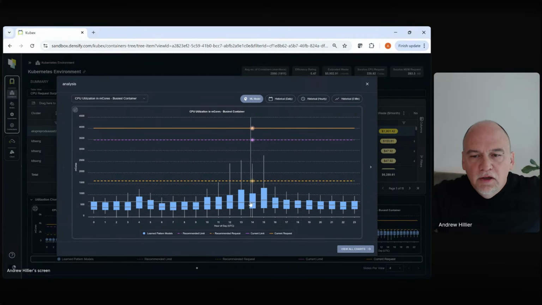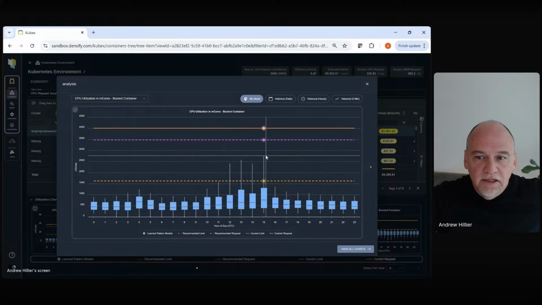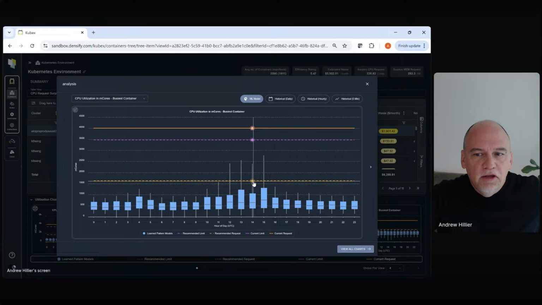And so the request, though, is for 4 CPUs. This is way oversized, and you don't need to request that. You don't even really need to request the peak. You could, and this is all policy driven, but we're suggesting, why don't you request just above the sustained activity as a start, and you will save over half, and this thing will still work just fine. It's still protected for the bulk of its processing.